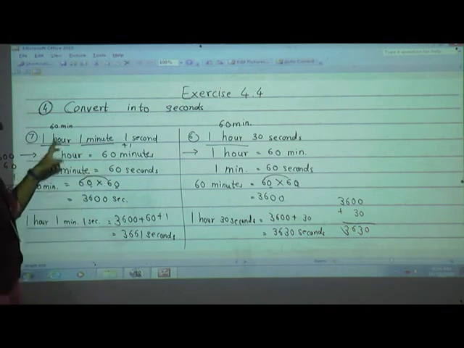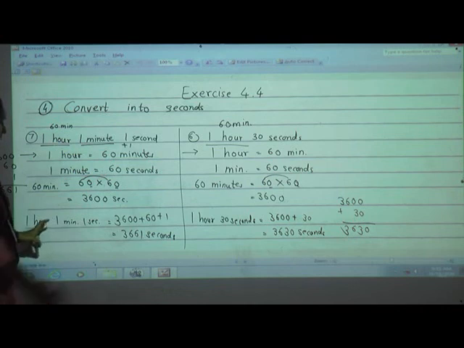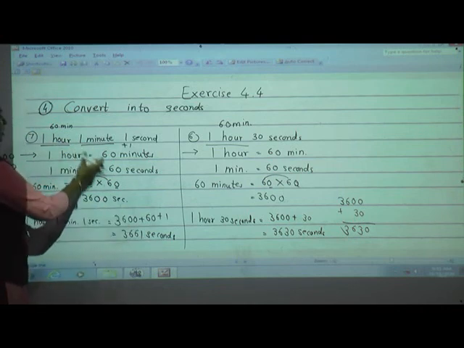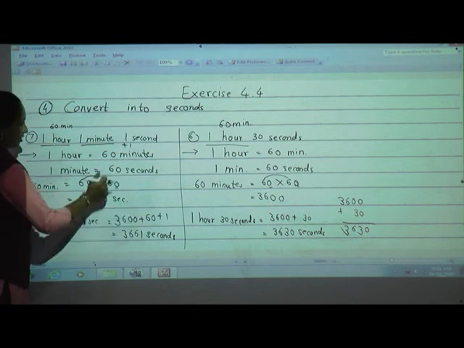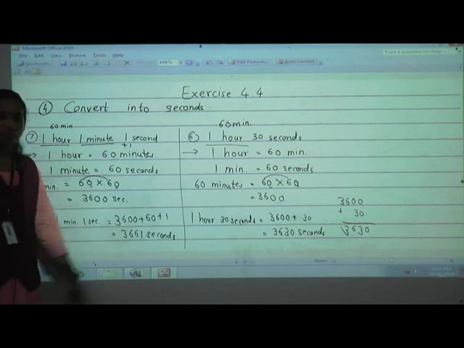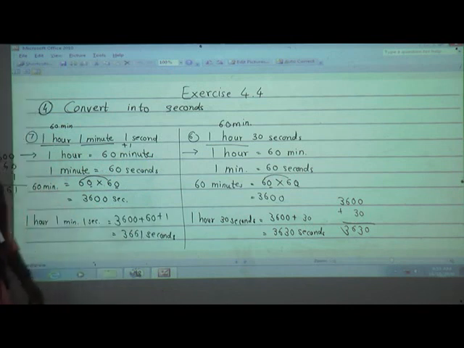So I have written as it is. Now this 1 hour means 60 minutes, means we have converted into 3600. Now 1 minute is equals to 60 seconds, add 60 seconds and 1 second as it is. When we do this 3 numbers addition, we get the answer is 3661. So write once again question is equals to answer and do the bracket with pencil. Clear? Yes? Very good. Now we will solve 5th question.